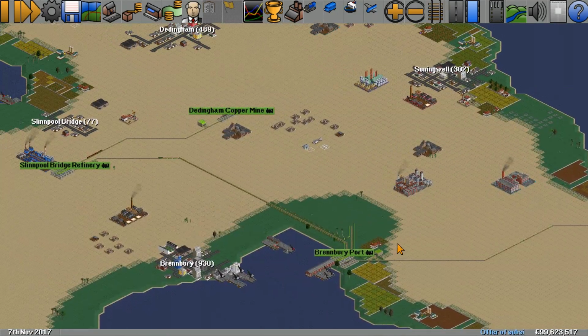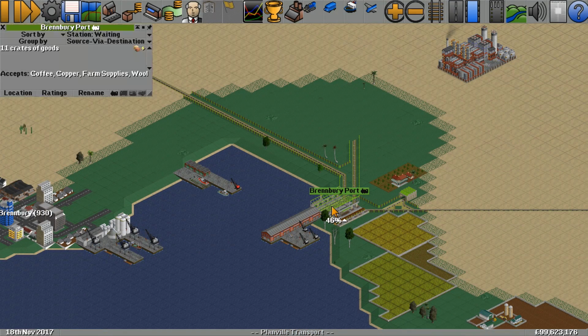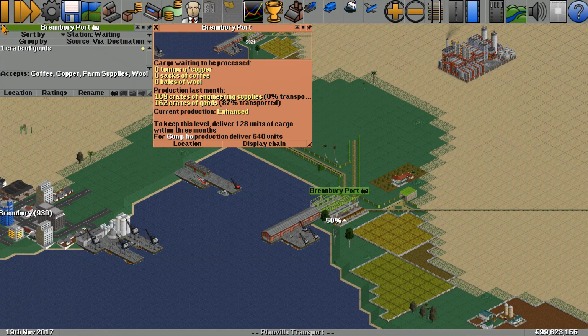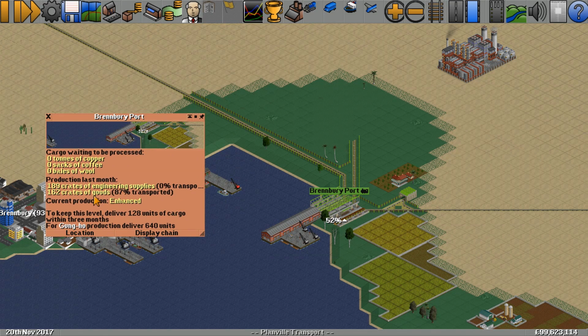Fantastic. So that's one main feature of the mod, that it adds all these new industries and all these new commodities. But there's one more core feature which I really like, and it adds a new dynamic to the game, and this is the feedback. The feedback allows you to actually do more commodities, but in the opposite direction. Let's demonstrate that. So here at the port, we saw earlier that the port can take in coffee, copper and